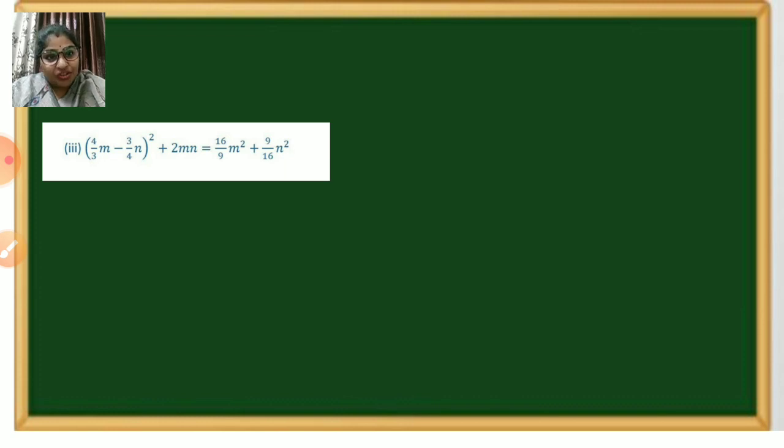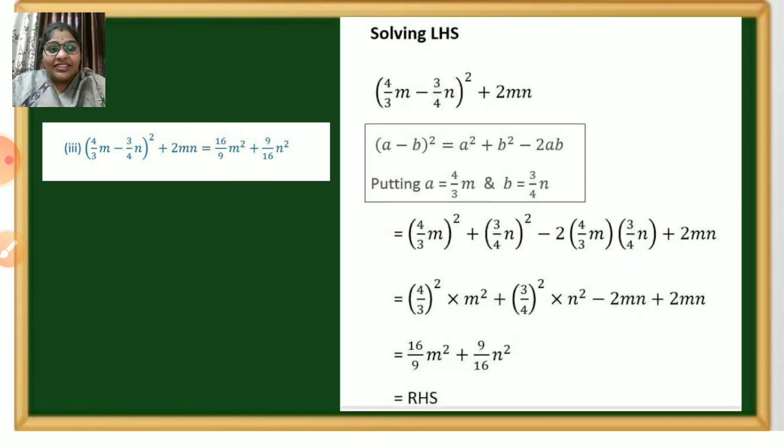upon 16 n square. Now here you can see left hand side, for this bracket we can use the identity a minus b whole square. So using that identity we simplify, and plus 2mn, whichever the simplified one, we will check whether it is equal to right hand side. We are just solving the left hand side, children, because in the right hand side there is nothing to solve, right? Neither can we use any identity, nor are there like terms to solve further. So right hand side we will keep as it is. Let us solve the left hand side first.